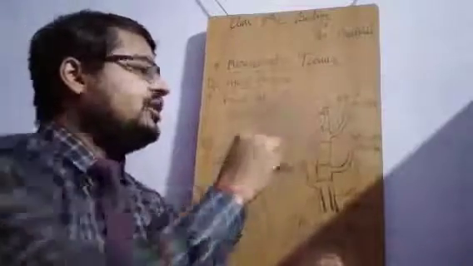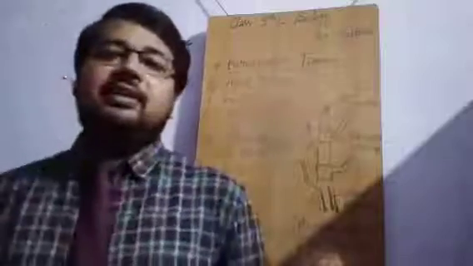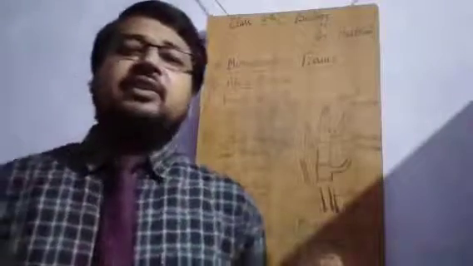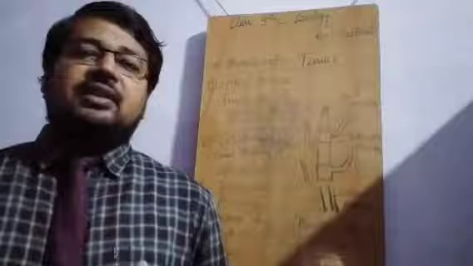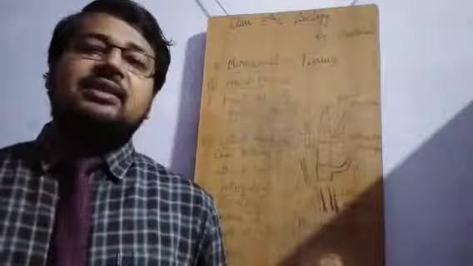Intercalary meristem, as we discussed, is a part of the apical meristem, but during the process of growth and development it gets separated and it plays a different role. The role is same but positioning is different. It is not found in the apical part. It can also be asked to you, what type of meristematic tissue is found at the summit, peak, or the highest part of the plant? So you have to know that apical. Apical is coming from apex, and apex means the topmost point. Like Mount Everest is the top point of Himalaya. That is peak, apex. Okay.